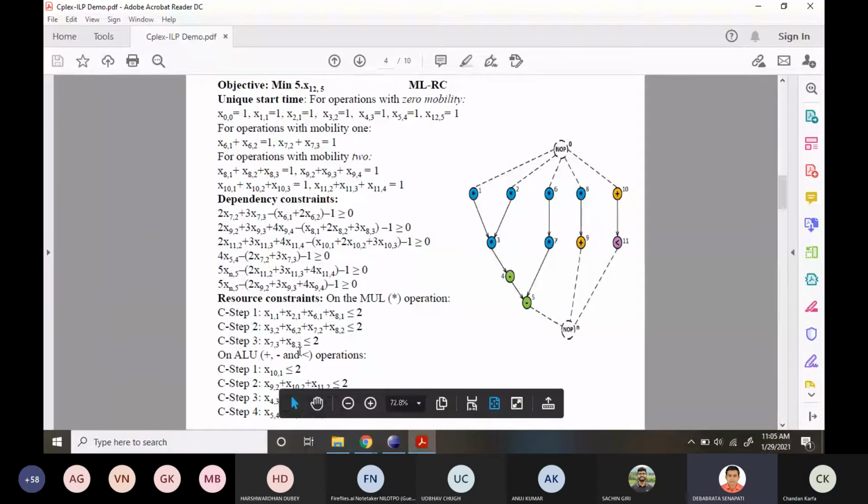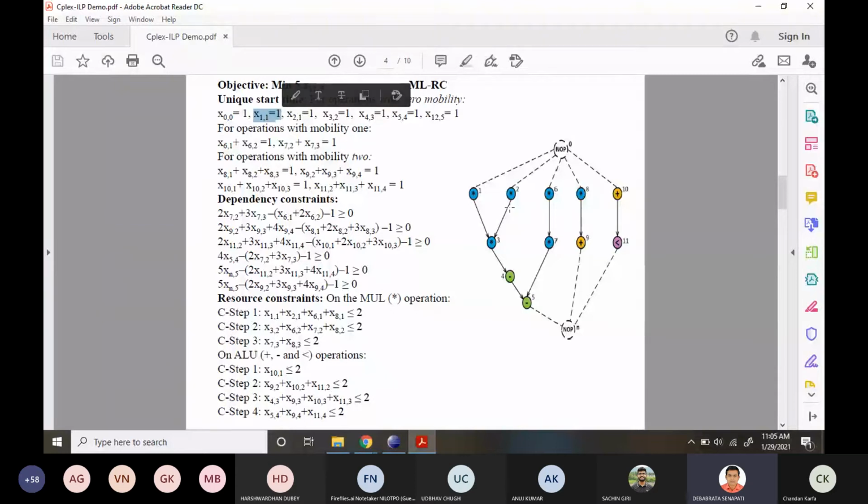For example, consider the unique start time: x11 is 1. x11 means operation 1 at time step 1. Take operation 6: it can start at time step 1 or time step 2, so x61 plus x62 equals 1.